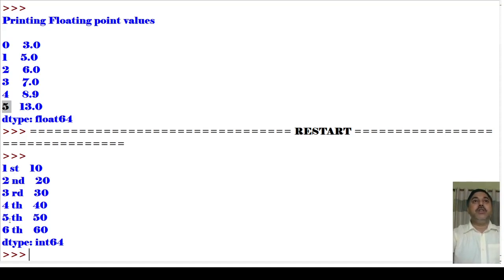All this part is going to have this structure. That means I am indexing here, and based on the index I give, the value will print.